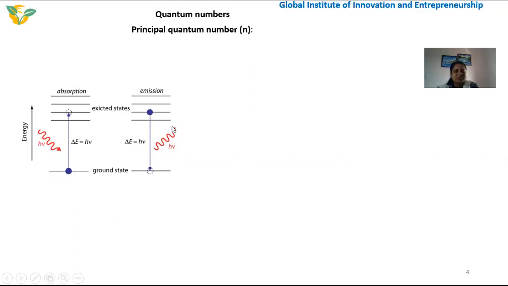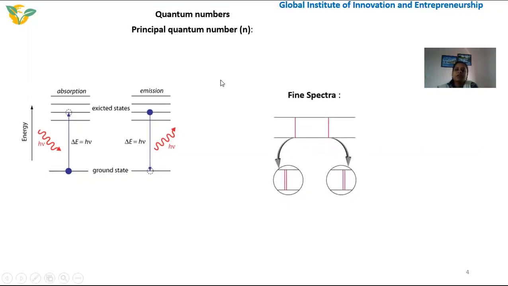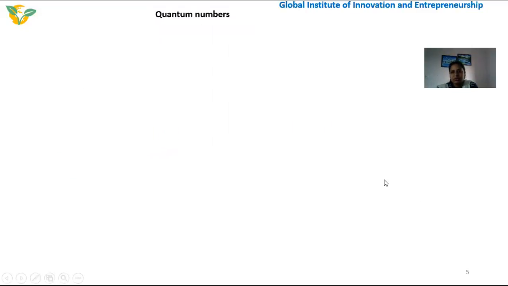and releases the energy. And the spectrum contains the spectral lines due to the electronic transition from excited state to the ground state. So the Bohr model shows that the hydrogen atom spectrum contains one single line. But when the spectra was recorded under a high resolution spectrograph, we can see two lines. But Bohr was unsuccessful in explaining the fine spectra of hydrogen atom as well as the spectra for the multi-electron system. And here, to explain the fine spectrum of hydrogen atom, another quantum number was introduced, and that is known